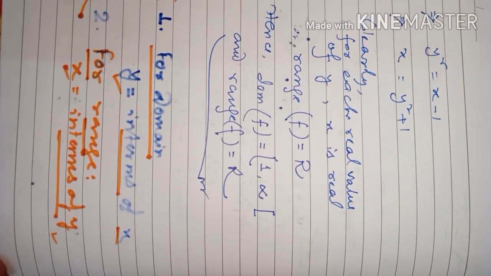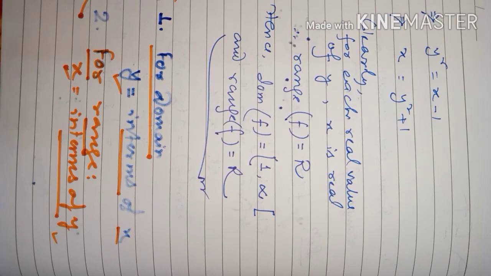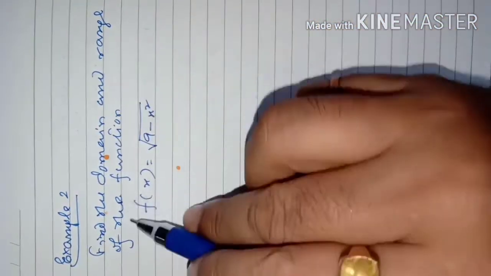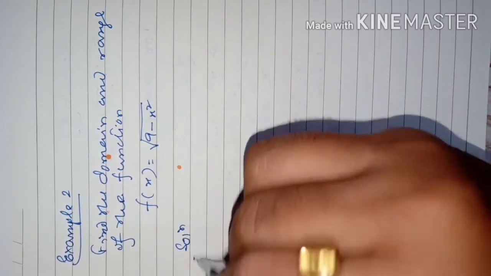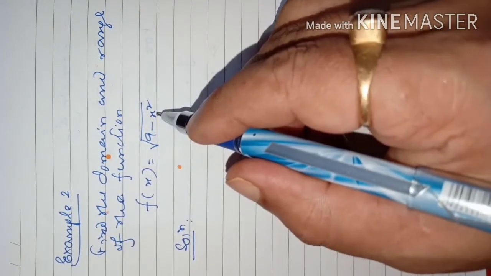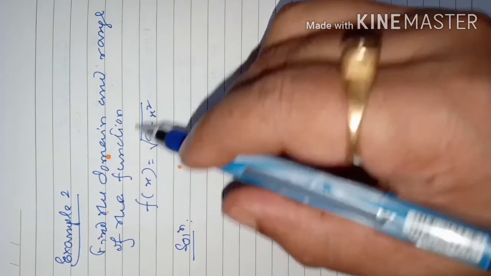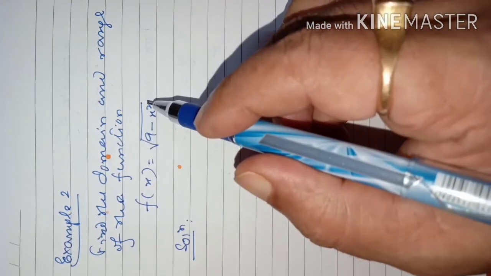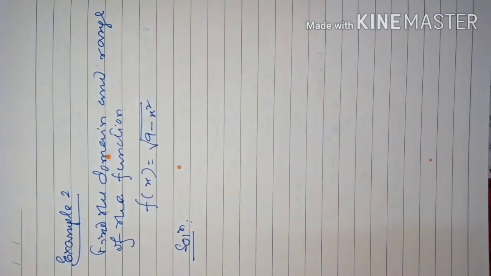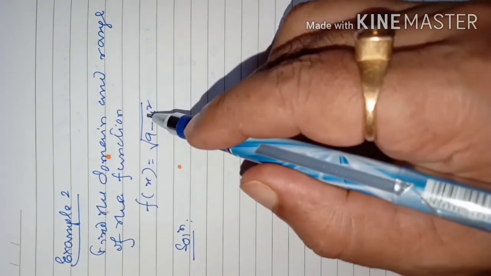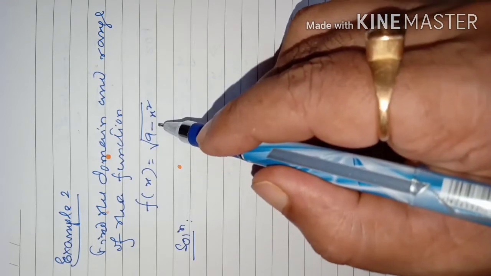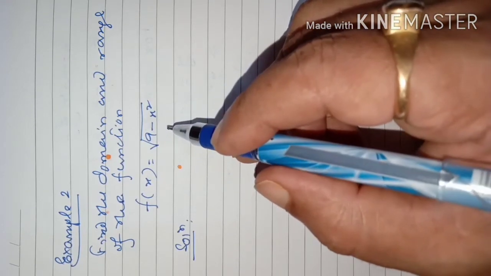Okay students, let's go to another question. Dear students, let us take this question. Find the domain and range of this function f of x equal to under root 9 minus x square. First of all, for domain, you know that 9 minus x square should be greater than or equal to 0. When the square root sign is there, you give more attention to that portion. The square root of only positive numbers can be calculated, so 9 minus x square should not be less than 0.